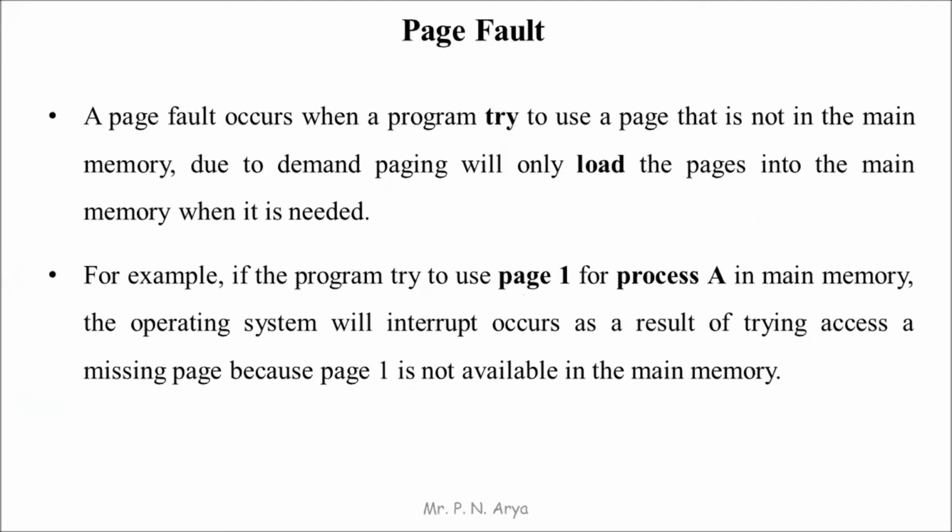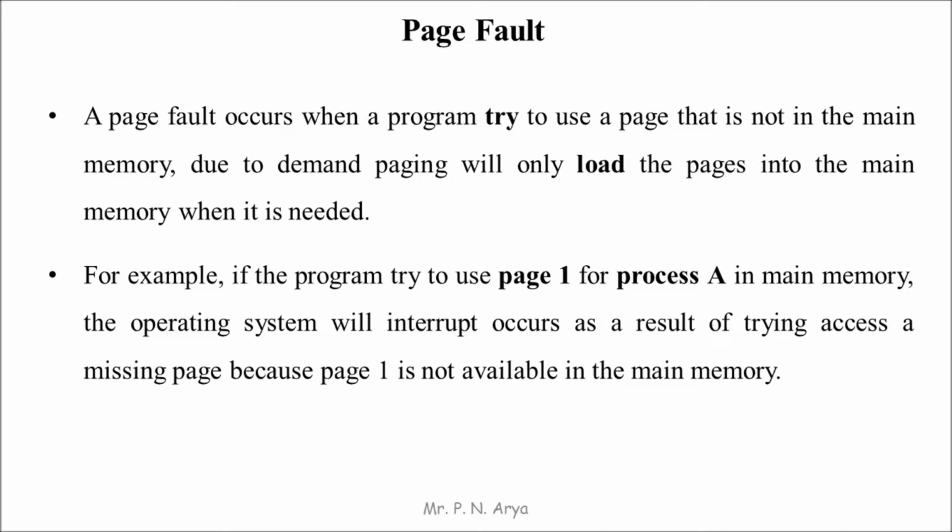Page fault. A page fault occurs when a program tries to use a page that is not in the main memory. Due to demand paging, a page will only be loaded into the main memory when it is needed. For example, if the program tries to use page 1 for process A in the main memory, the operating system will receive an interrupt as a result of trying to access a missing page, because page 1 is not available in the